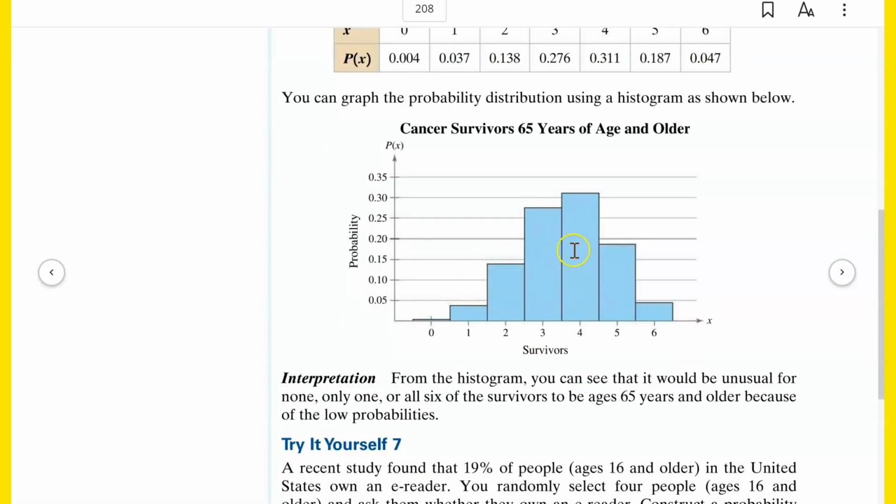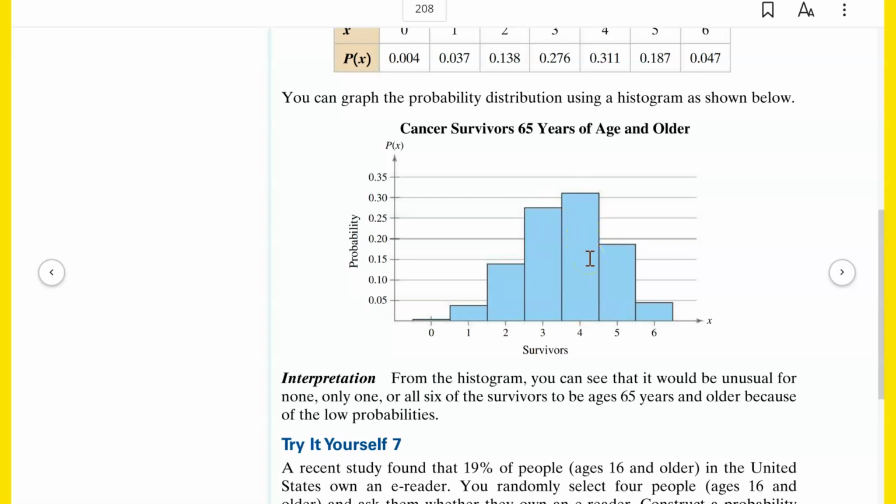Notice that on this graph, where is the mean? The mean is going to be somewhere close to the tallest bar. So probably a little bit less than 4 is the mean. Right? It's right there near the 4 bar, but maybe just a little bit less than that because of the taller bars here.